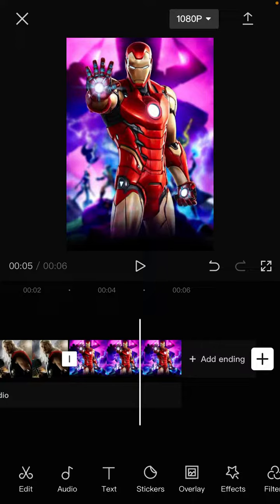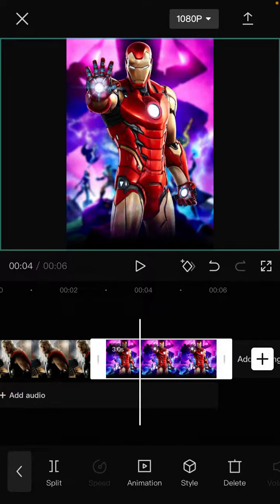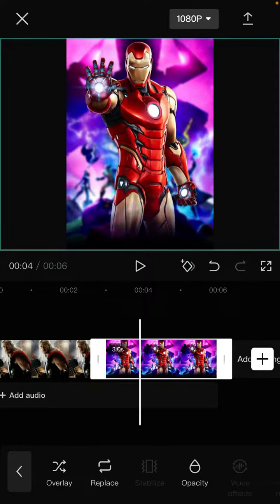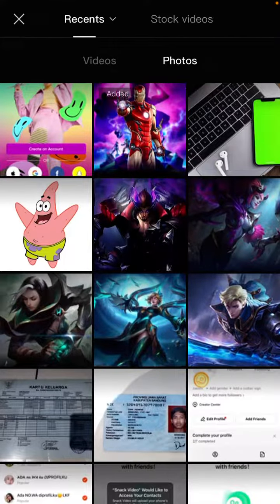Okay, for example, I am going to replace this clip. Just tap on the clip that you want to replace, and then you can tap and swipe the toolbar at the bottom all the way to the right until you see the replace icon. Yes, and tap the replace, and you can find the clip that you want to add. For example,